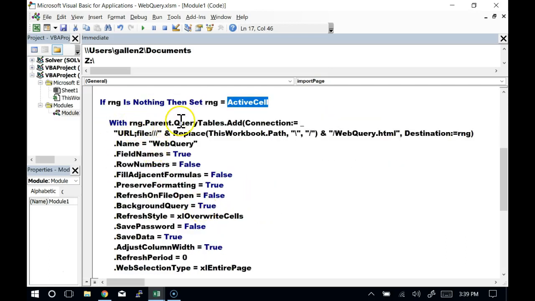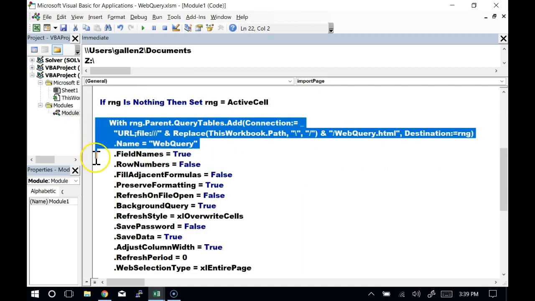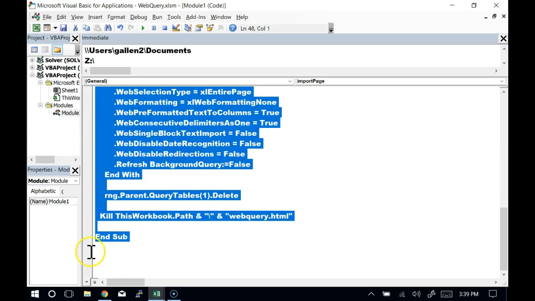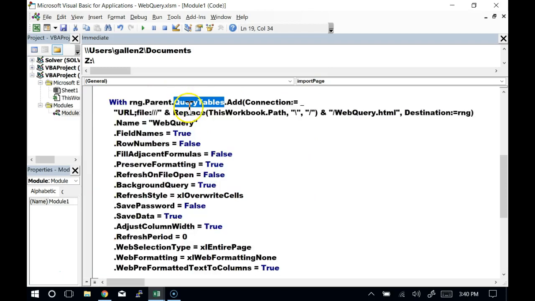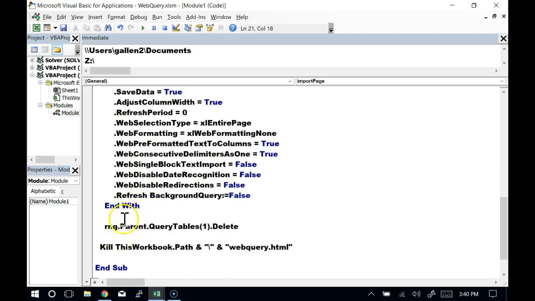This then is actually creating the query table. This is what, when you recorded the old web query wizard, this is what it recorded when you created a web query. Something like this. With the query tables on the active sheet, modify a little bit here, you're going to add a connection that would tell a URL that you're doing here and name it, all these different defaults here. And then, in this case, I say, you know what, we don't really need that query object hanging around,